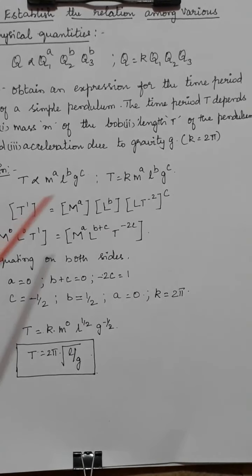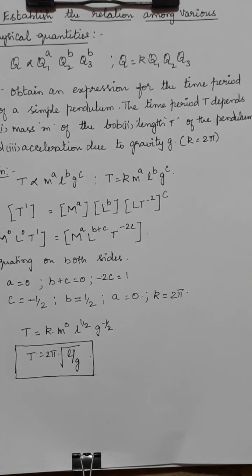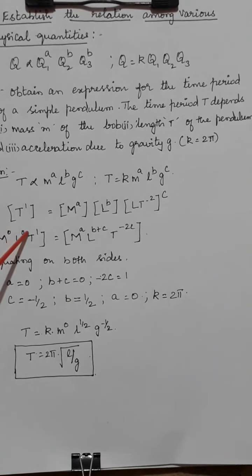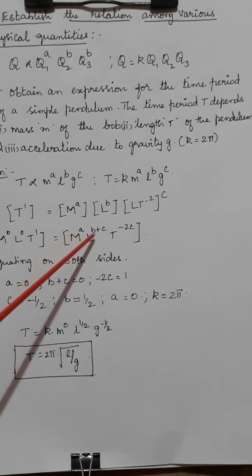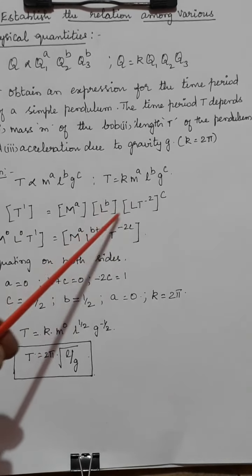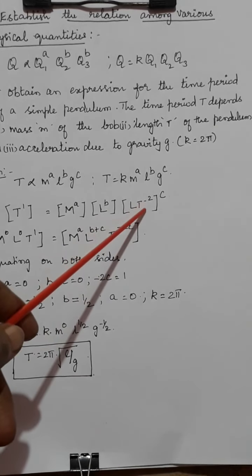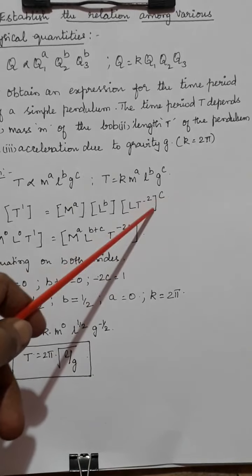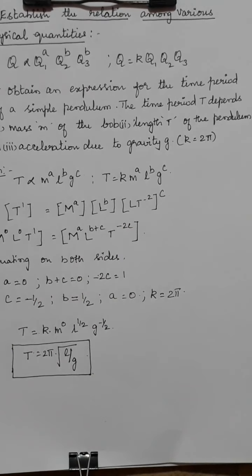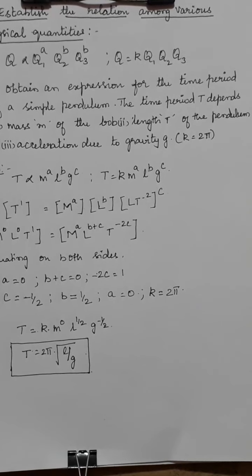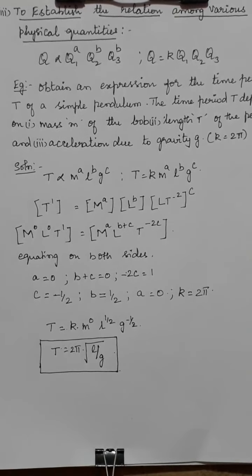Then, for the right hand side and left hand side, I am going to write everything out. So here it will be m power 0, l power 0, t power 1. On this side you have m power a, and l appears on both sides, so I can write it as b plus c. Then t is only here, multiplying these two, minus 2c. Now what should I do in the next step? I have just equated the powers. Here also, just equate the powers.